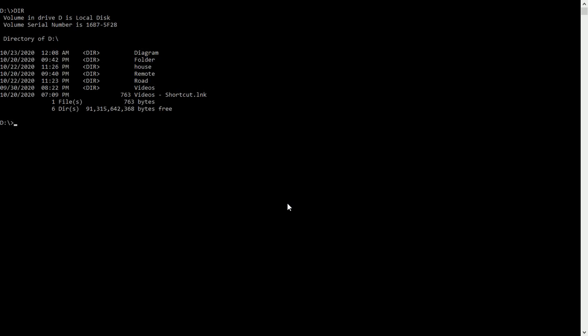Then we have the Xcopy, and it's a command you use to copy files and directories from one disk to another. It deals with the source and target disk, as well as changing file names. Understand? So you can use the Xcopy to copy everything inside your drive to another drive. Now let's say, for instance, I want to copy a file. Let me see the files we have here. Maybe let's create one. Copy con